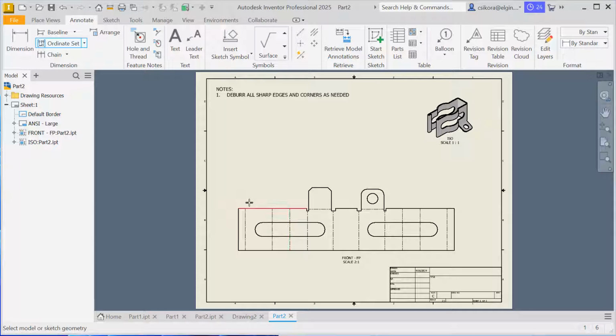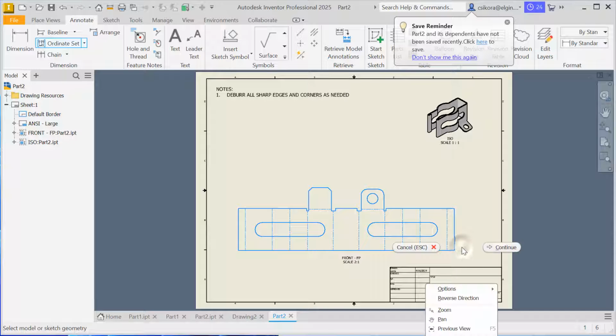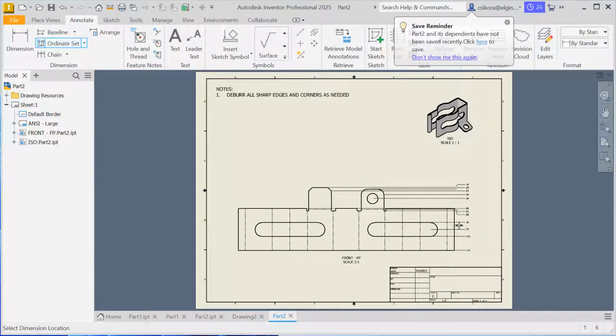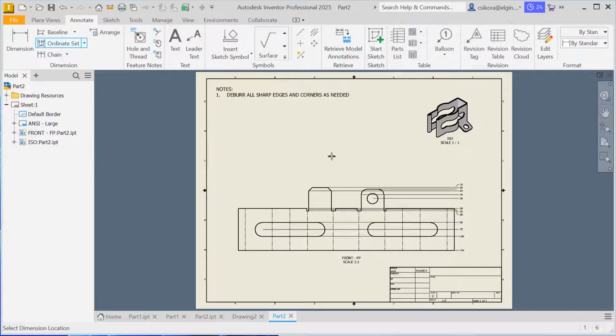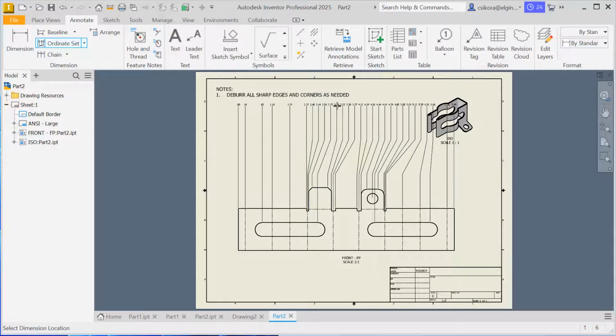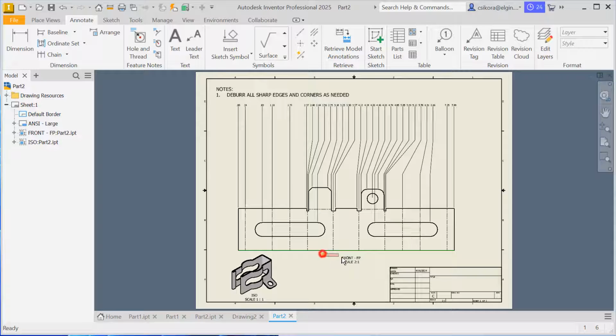Select that point, and I'll select the model by clicking and dragging a fence to surround the geometry. And now you right-click and hit continue, and you could either get the vertical dimensions off of this or the horizontal if you drag it high enough. So click, and now we have our geometry. We'll just move this down here, make a little bit more room,